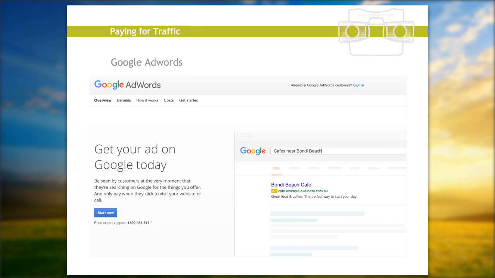So both of these, Google AdWords and paid Facebook advertising, are not panaceas, in the sense that it takes a lot of trial and error to work out what the messaging is and what the conversion is between the ad. And here I'm talking about conversion between someone seeing the ad and then clicking on the ad. Then the next bit of the conversion is what they actually do when they get to your website.